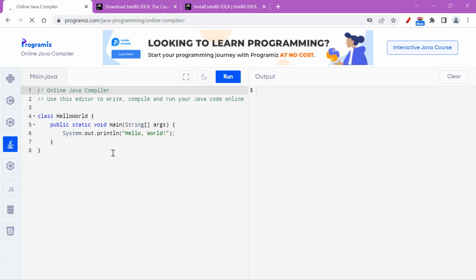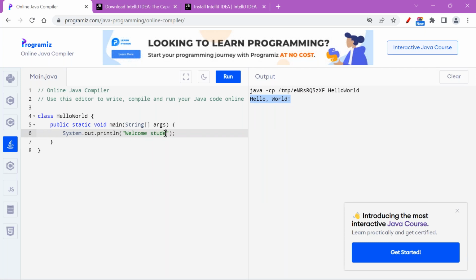So you will get your very first program, your Hello World, any programming language. Your very first thing is Hello World. So here also they will give you your very startup program, and you can modify here. At the top you can see the run. When you run it, right hand side you can see the result. You can type anything here. So this is the online compiler. I'm typing something like welcome student, and I'm running it here. I can see welcome student. So this is your online compiler.